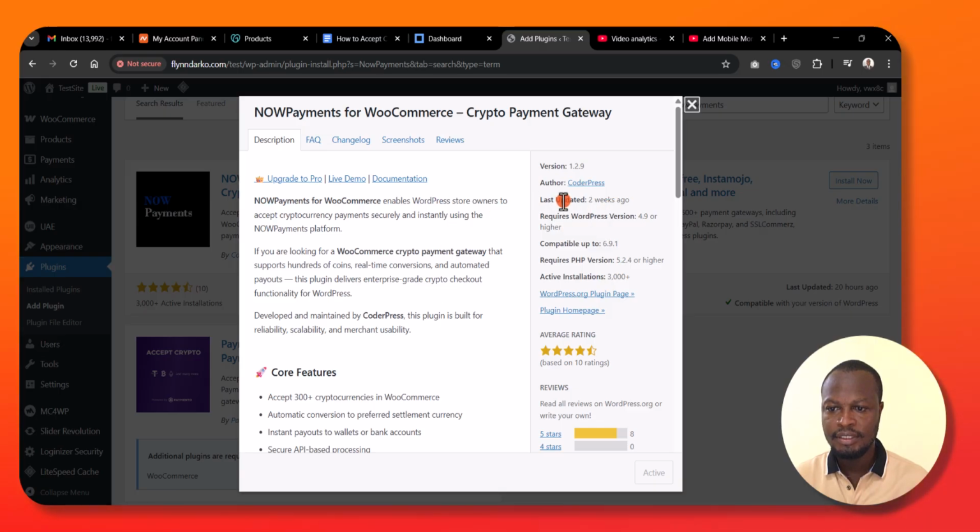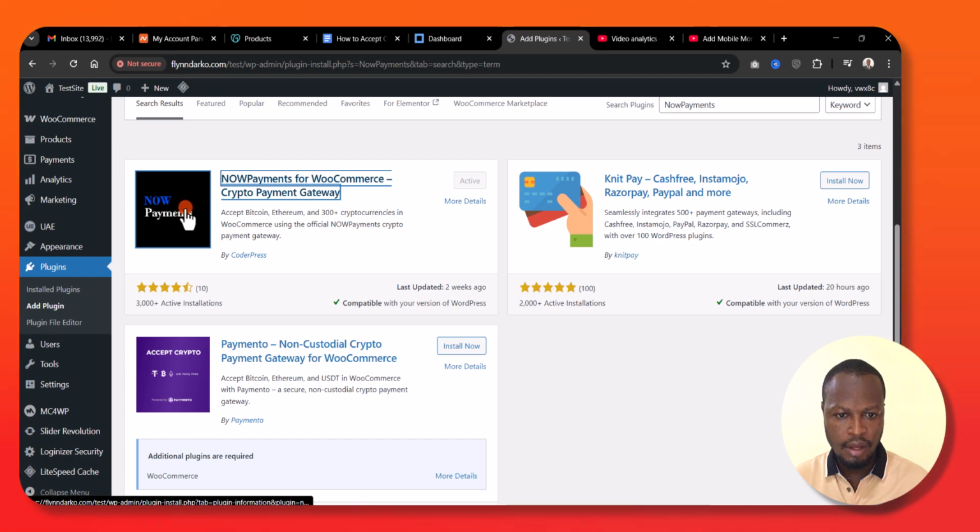And as you can see, it was last updated 2 weeks ago. So this is a very current or very updated plugin. So this is how the icon or the thumbnail that you should see over here. Now go ahead and just install that. I've already installed mine. That is why you don't see the installation icon showing in here. So once you install this plugin,